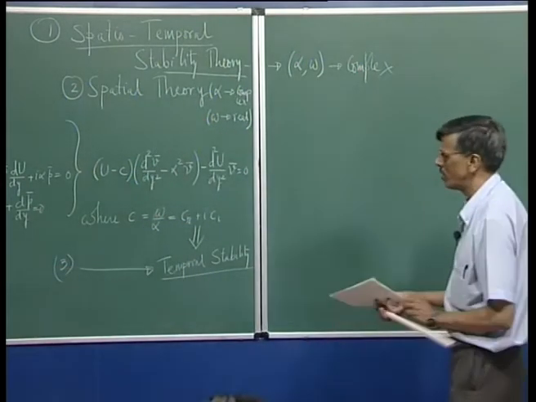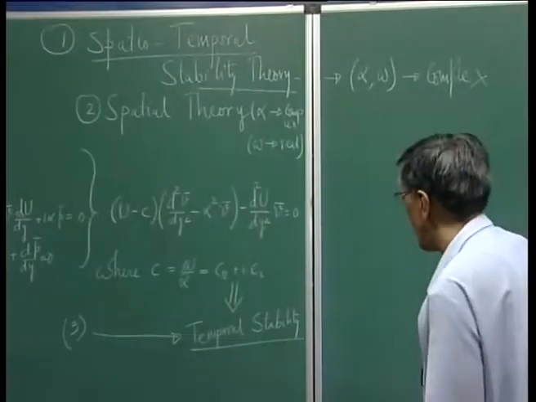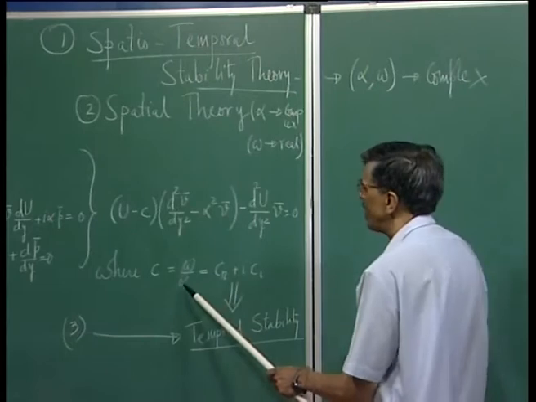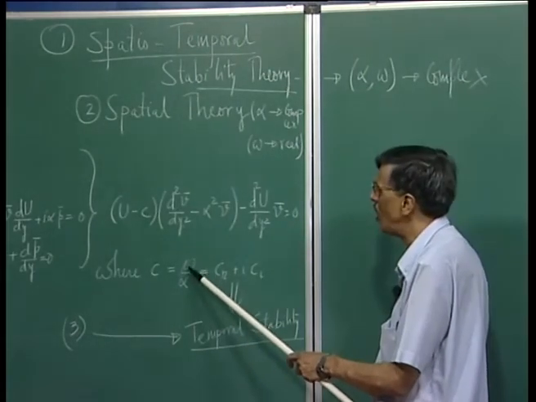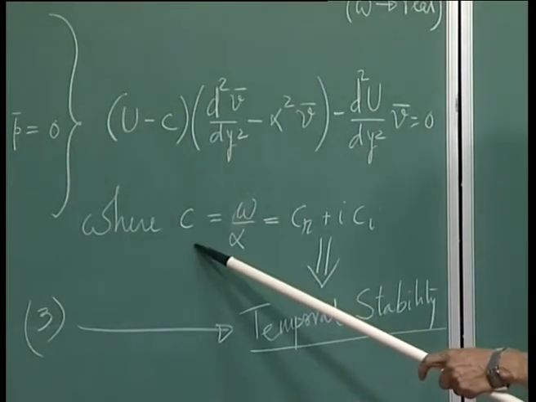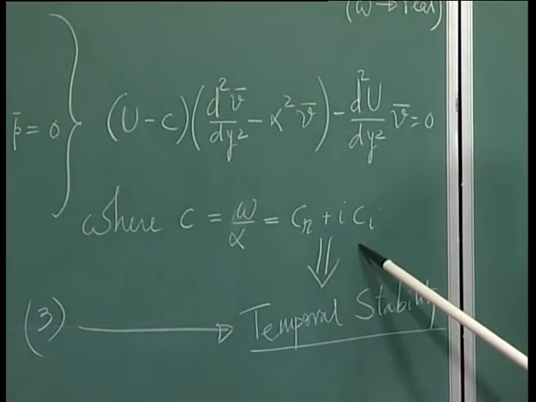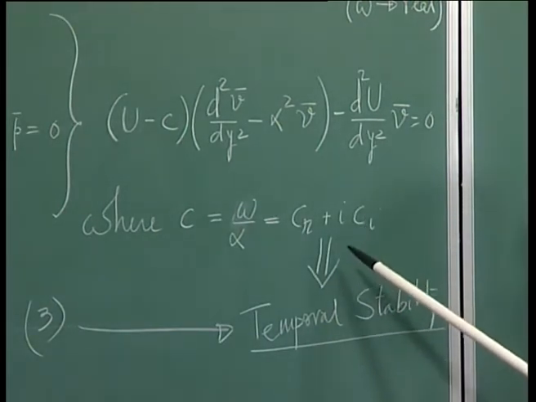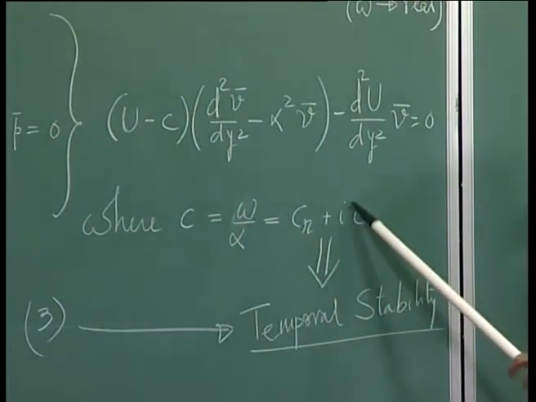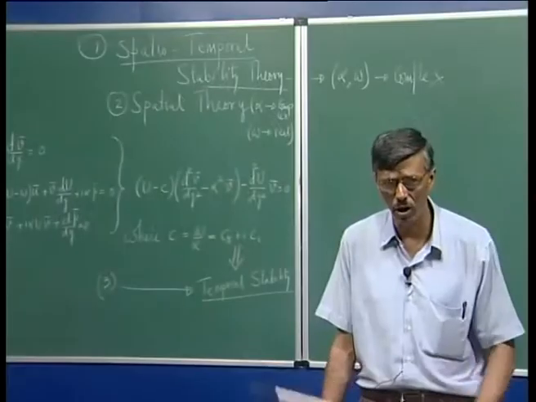In temporal theory, what will happen? We are going to talk about disturbances which grow in time. So, alpha will be real and omega will be complex. So, omega by alpha, which we have called the phase speed, will have a real part and an imaginary part. Okay? And once again, whatever applies for omega will also apply for c in terms of determining stability or